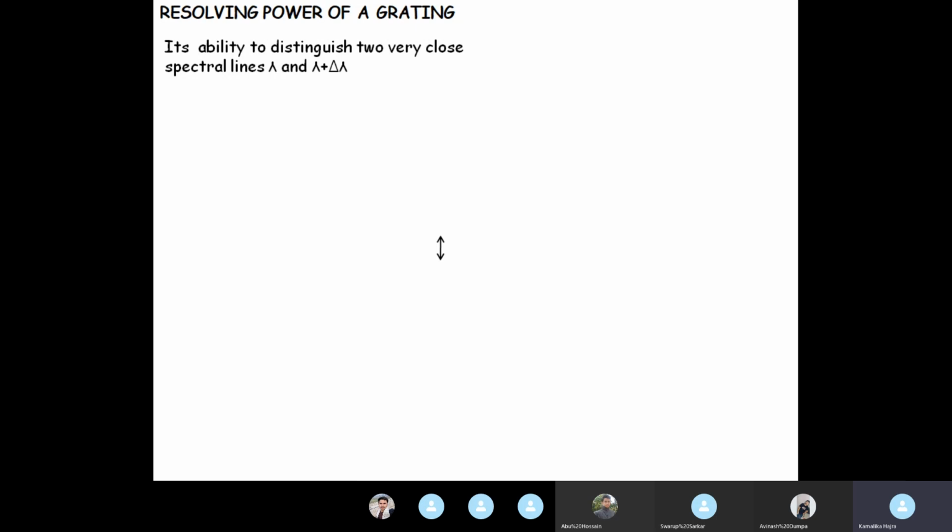What is the wavelength difference between sodium D lines? One is 5893 angstrom and the other is 5898 or 5899. So the difference is only about 6 angstroms. Can you imagine how small 6 angstroms is? And you want to see this difference using an instrument. That is the resolving power, the intricacy of an optical instrument, that it can show you a separation of even 6 angstrom. 6 angstrom means 6 into 10 to the power minus 9 meters.